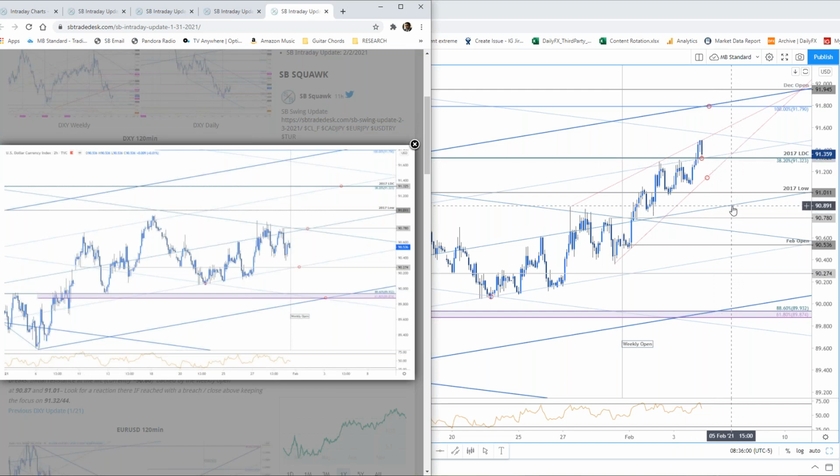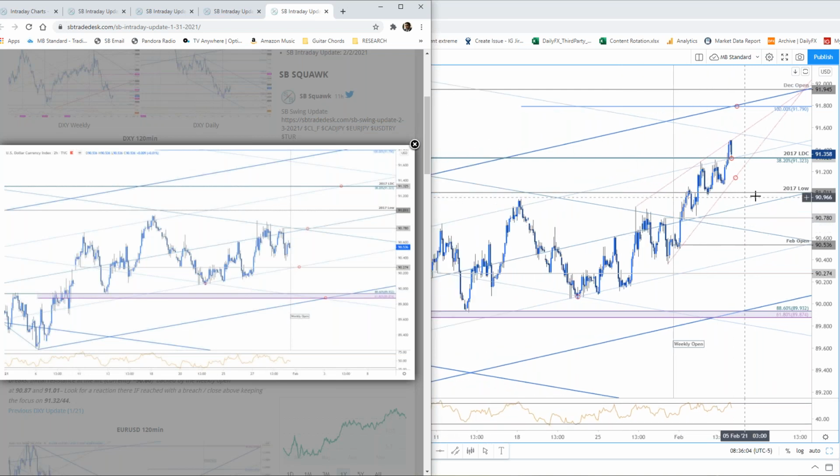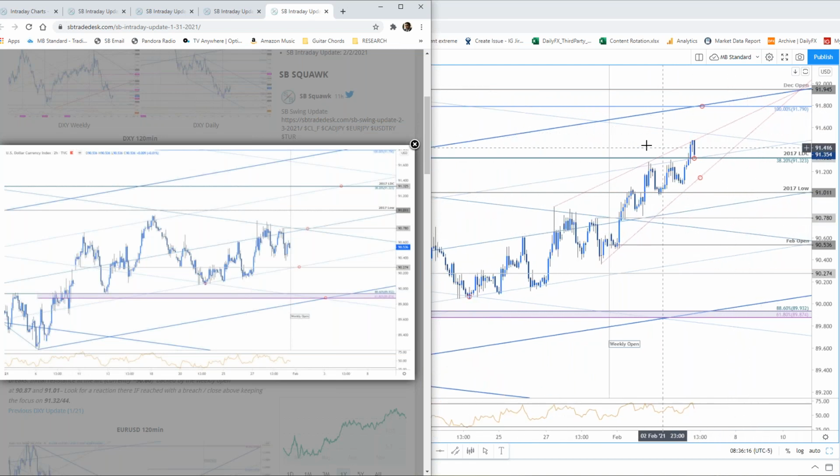The median line doesn't come until 90.89, 90.90, right below that 91 level. So I do want to leave a little bit more room. If you look at the swing highs from earlier in the month, from January, somewhere in this range is where I'd want to see sort of the max thrust for the downside. But the next upside level